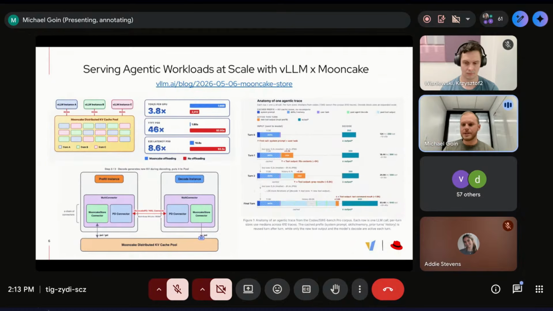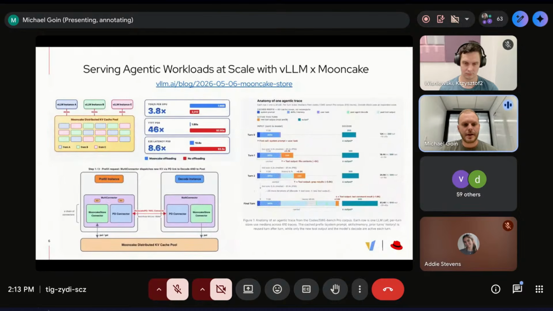Sometimes the agent needs to make a tool call or run a test job that needs to run for a minute or 10 minutes. It's really important that we don't lose that KV cache because it gets evicted by space and memory. So having something like this KV cache pool that we can offload from local device memory allows us to get much better prefix cache hit rates as those requests finish on these agentic workloads.